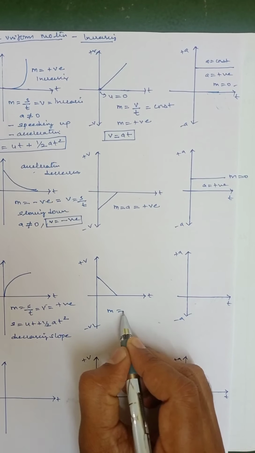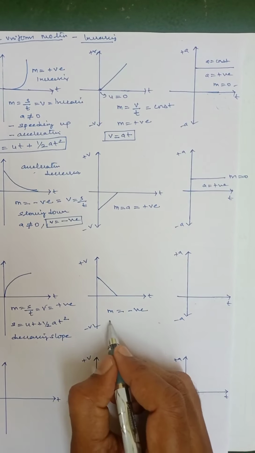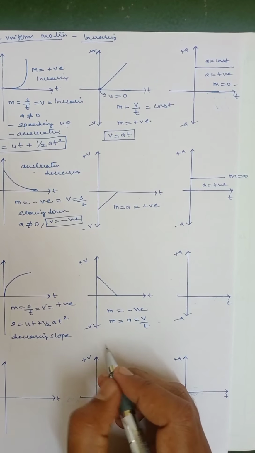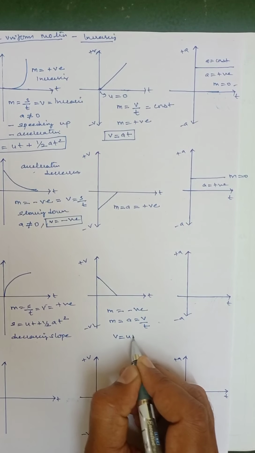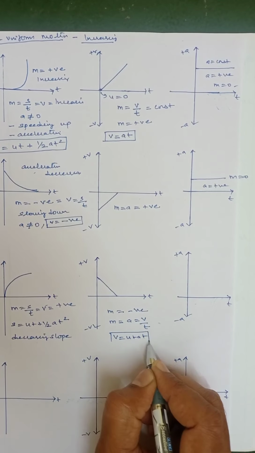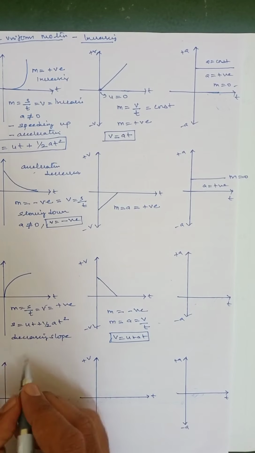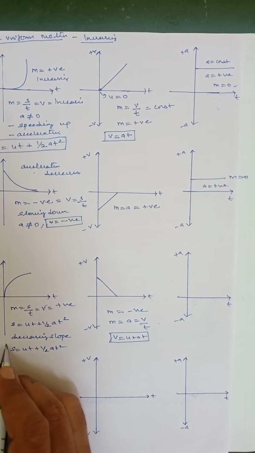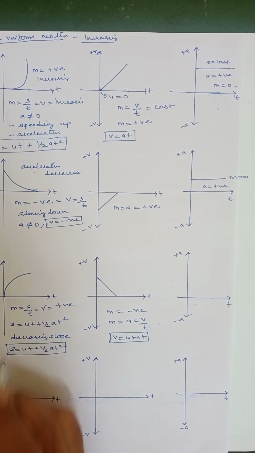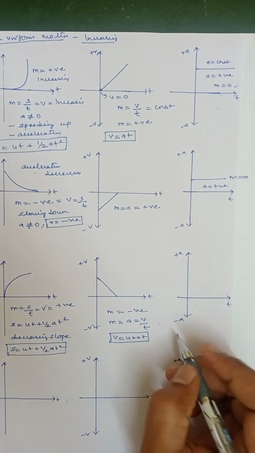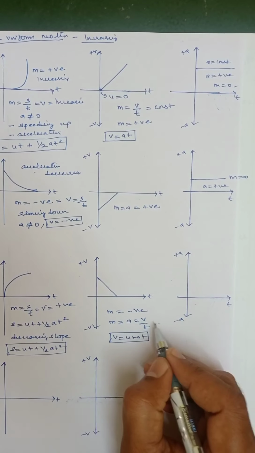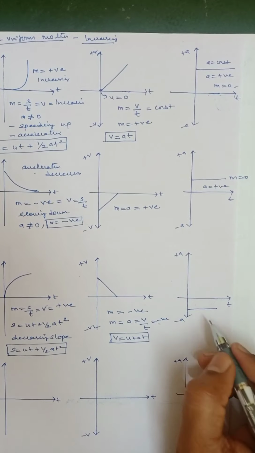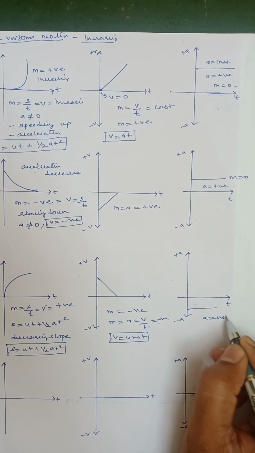Therefore m equal to negative, here m equal to a equal to v by t will be negative, therefore v is equal to u plus at, and s is equal to ut plus half at square. Here a is equal to negative, so here a equal to negative and a equal to constant,